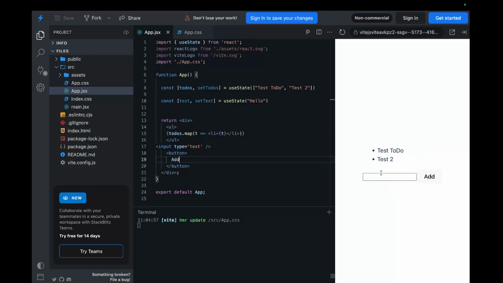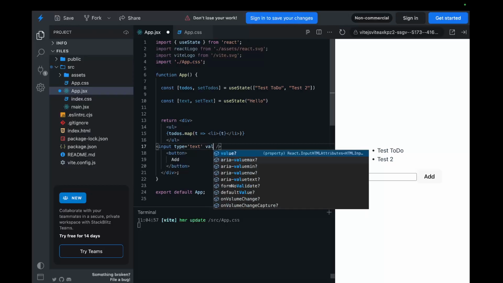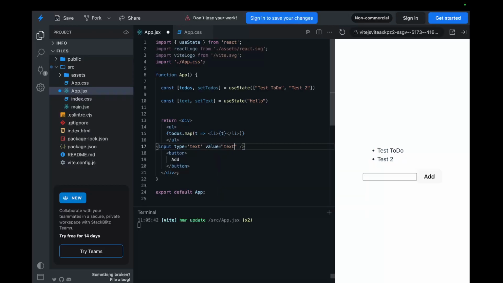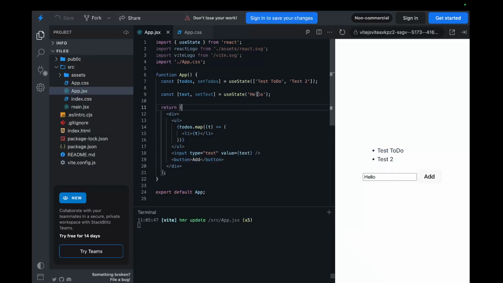Now, how do we add to this list? So let's look at this input. I can say that this input's value is tied to this state, so I can say value equals text, not string. Value equals text, and I'll get rid of this. So what that means is that now even if I type, nothing actually gets added because its value is fixed. So next, what we can do is say on change,